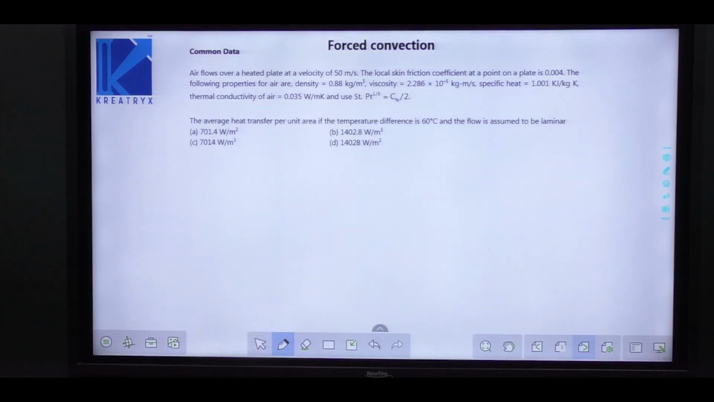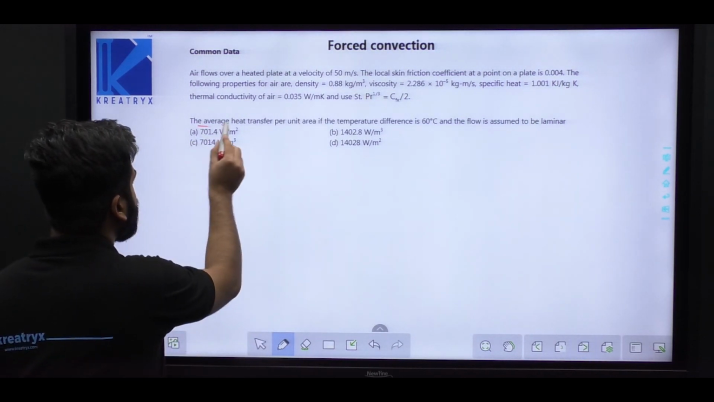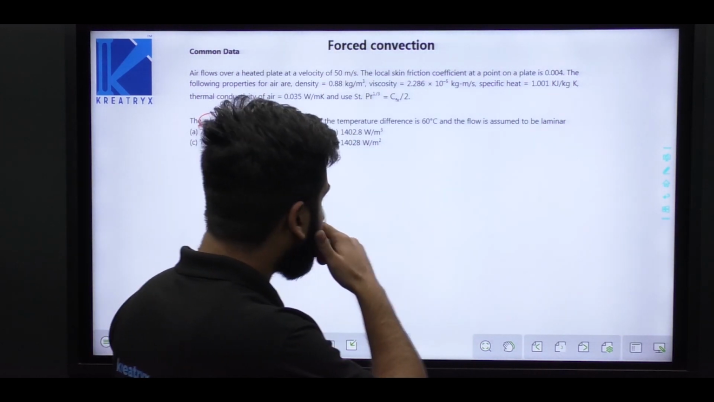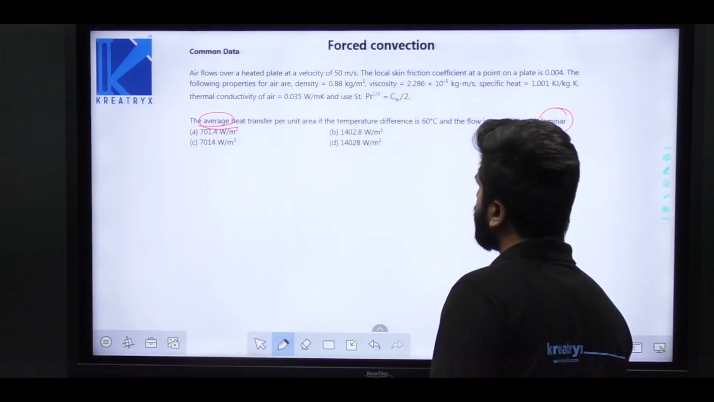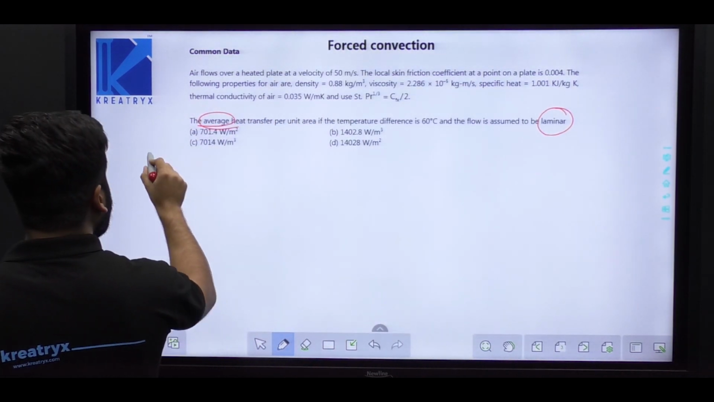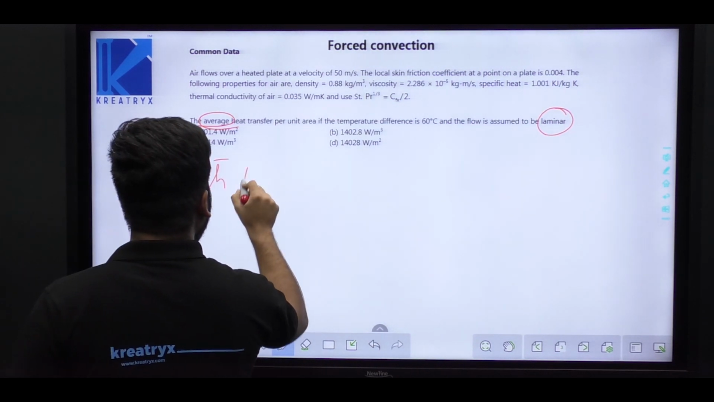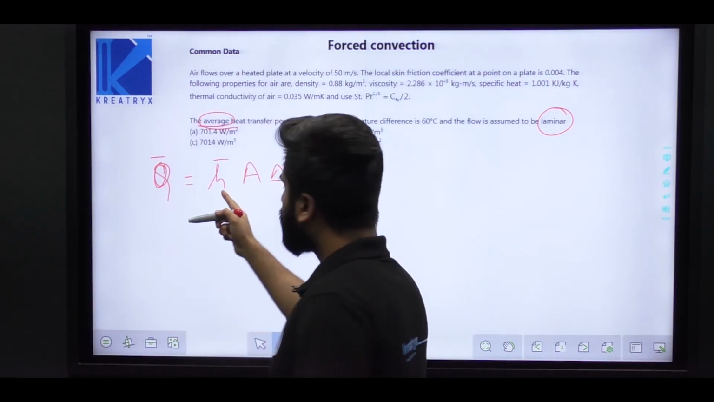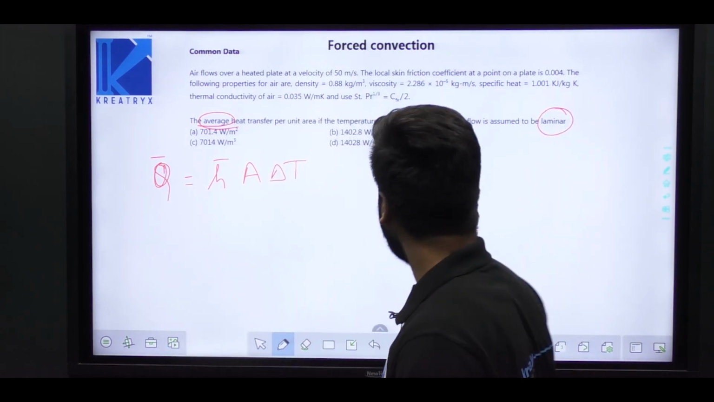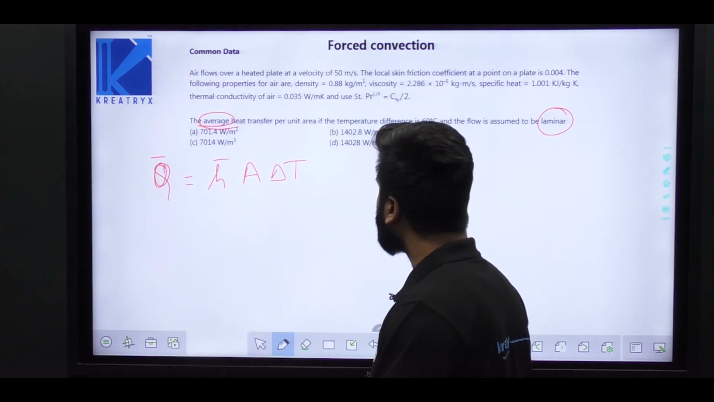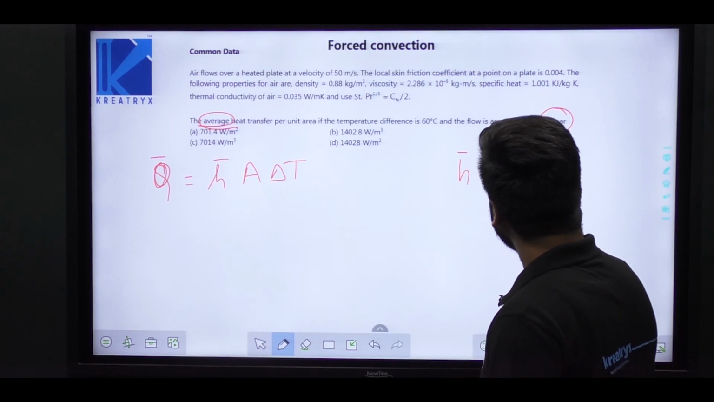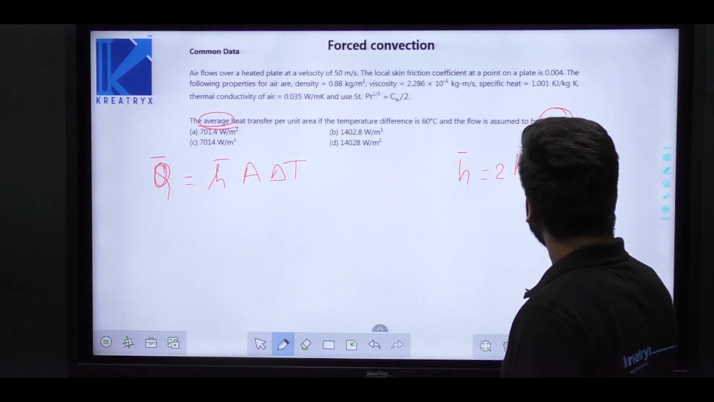The average heat transfer per unit area. Mark the word average. Heat transfer per unit area if the temperature difference is 60 degrees Celsius and the flow is assumed to be laminar. So for the average heat transfer per unit area, Q bar is equal to H bar A delta T. Now here, do not use local heat transfer coefficient. You have to use average heat transfer coefficient. And how do you find this average heat transfer coefficient? There is a relation that you must have studied, that H bar is equal to twice of H at X